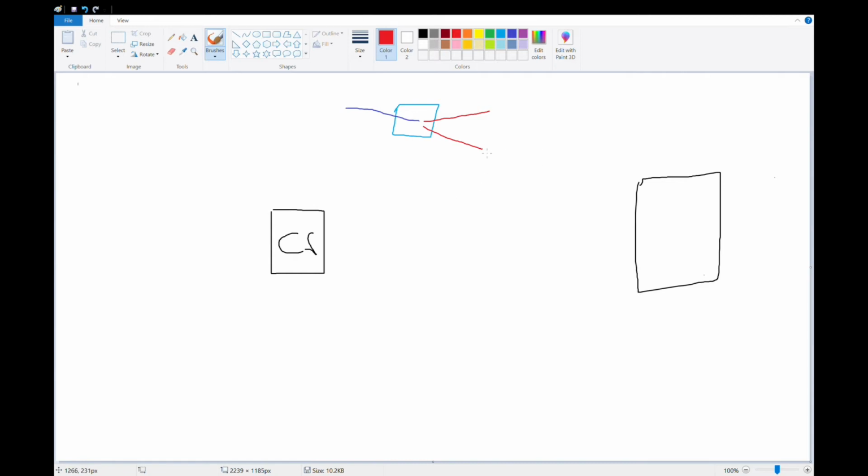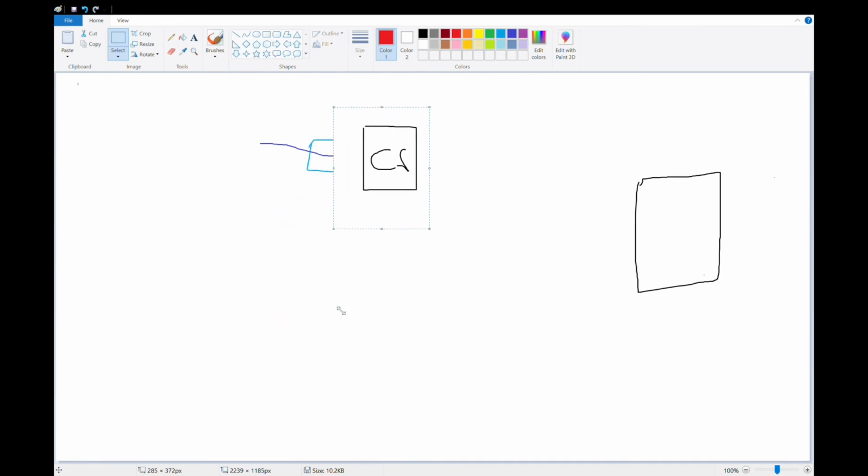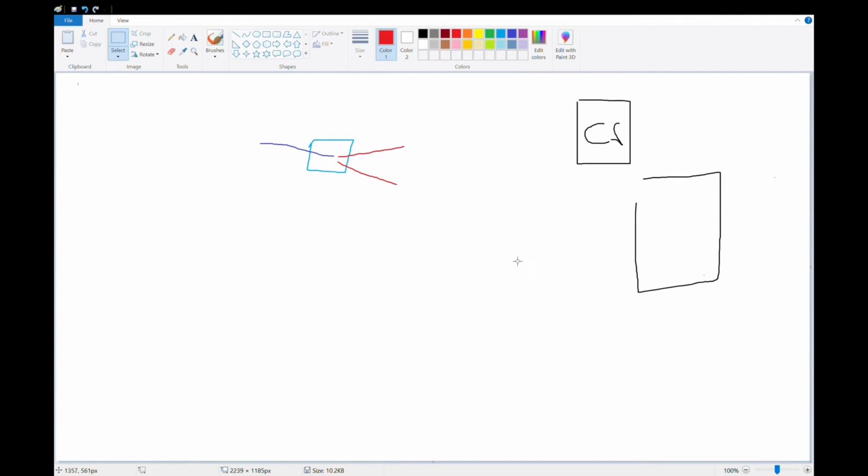So basically, let me just fix this real quick. I don't know if this is actually fixable, but I'll figure something out. Okay, I figured it out. So we're just going to grab this and move the camera sensor over here. See? Problem solved. So basically one beam, these are entangled, ignore that, one beam goes to the box and reflects